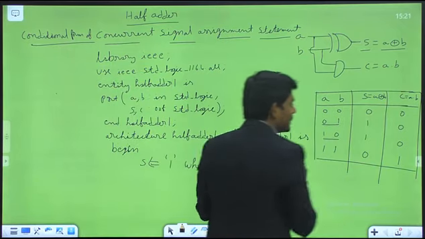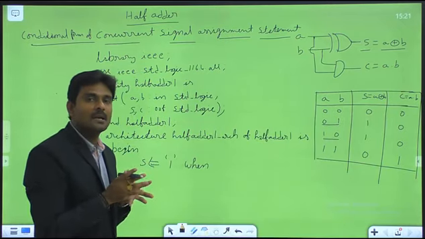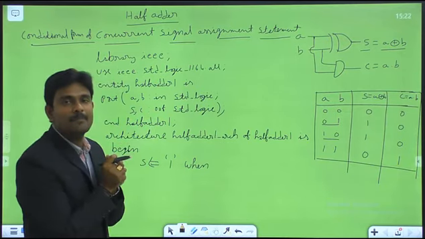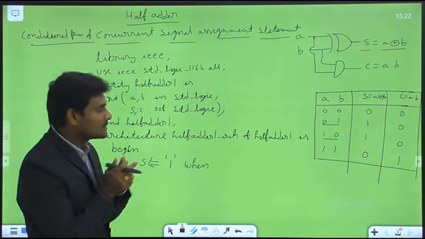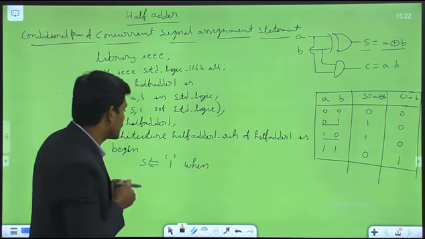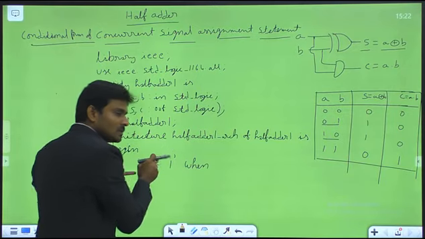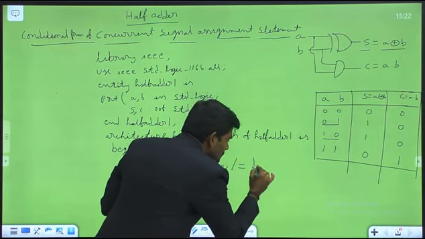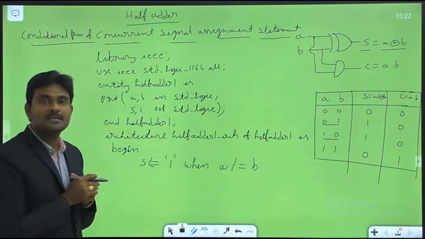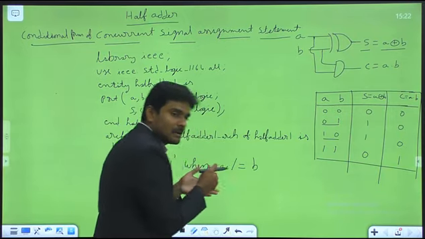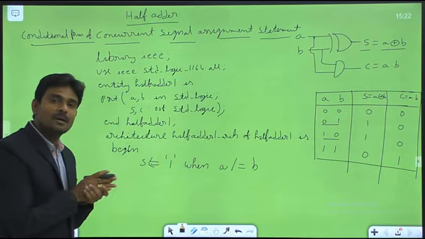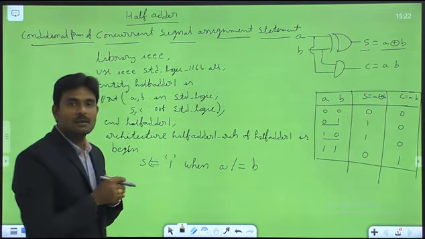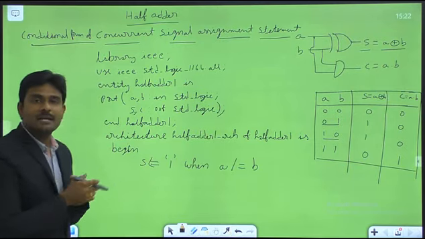If you look at these two combinations, when A and B are different from each other, that is, not equal, in such a case sum becomes 1. For all remaining cases, sum becomes 0. So S less than or equals to 1 when A not equals to B. That is the Boolean expression I mentioned. Expressions combine Boolean terms with the predefined Boolean operators such as and, or, not. And Boolean terms are nothing but Boolean variables or results of comparisons.